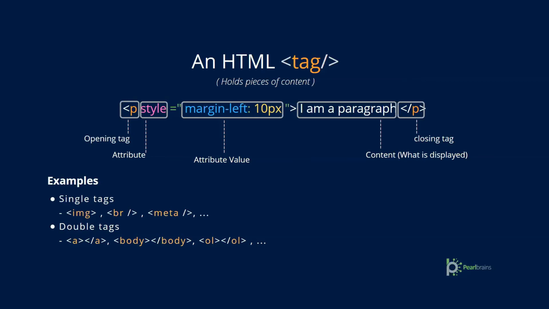If you have a paragraph that you want to display on a web page, you need a tag. Yeah, you need an HTML tag. And in this case, for paragraphs, we use the P tag here. The P tag is the one that is used to display a paragraph. So we have the opening tag here on the left, and then